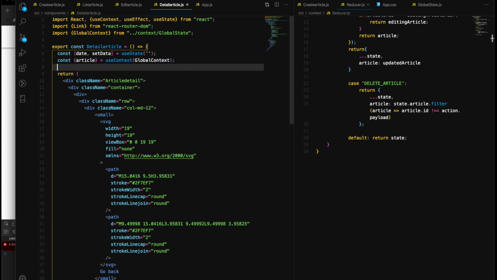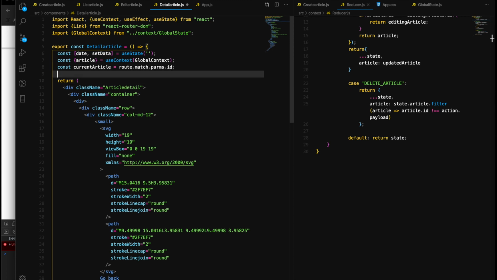So now we need to make a constant also for the current ID that we are visiting. The detail that user selects should be identified at first. So the current article ID would be route.match.params.id,